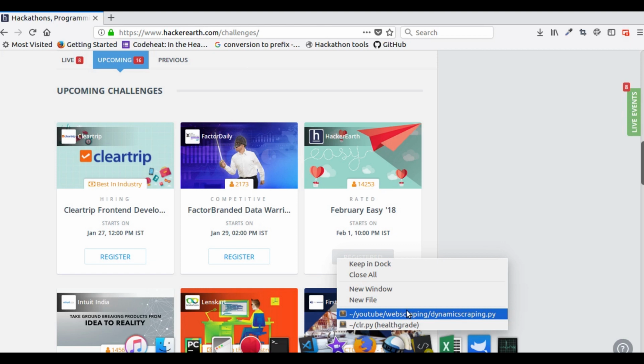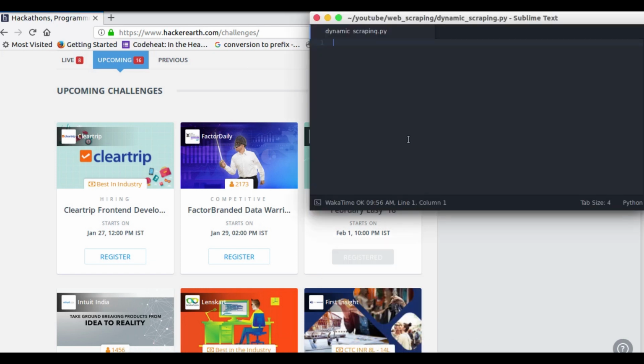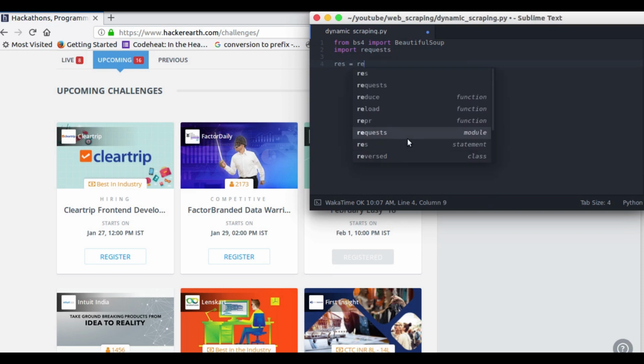So first of all, we will import Beautiful Soup and request library, just as we did in our previous videos. Now we will send an HTTP request using request.get function,